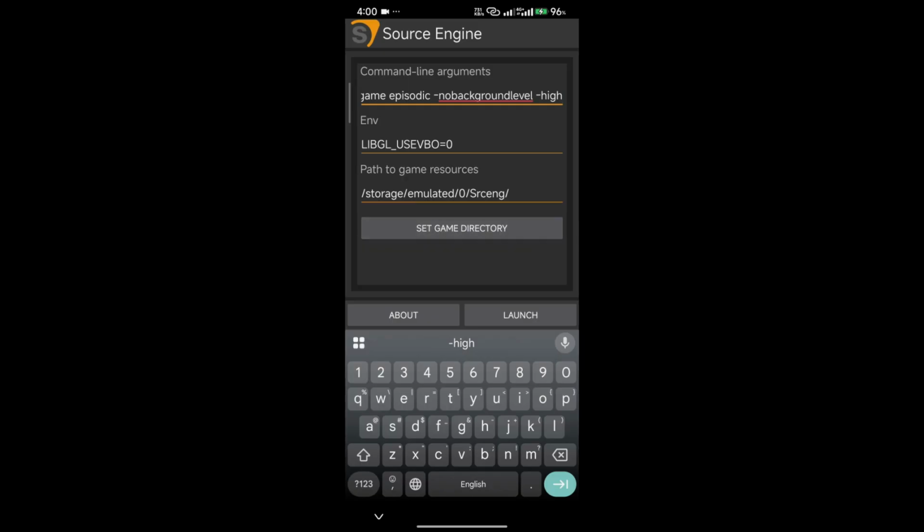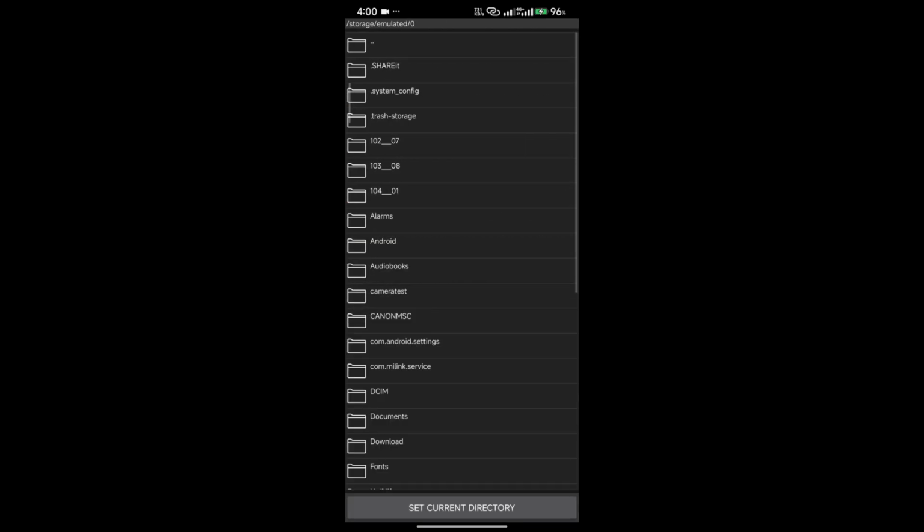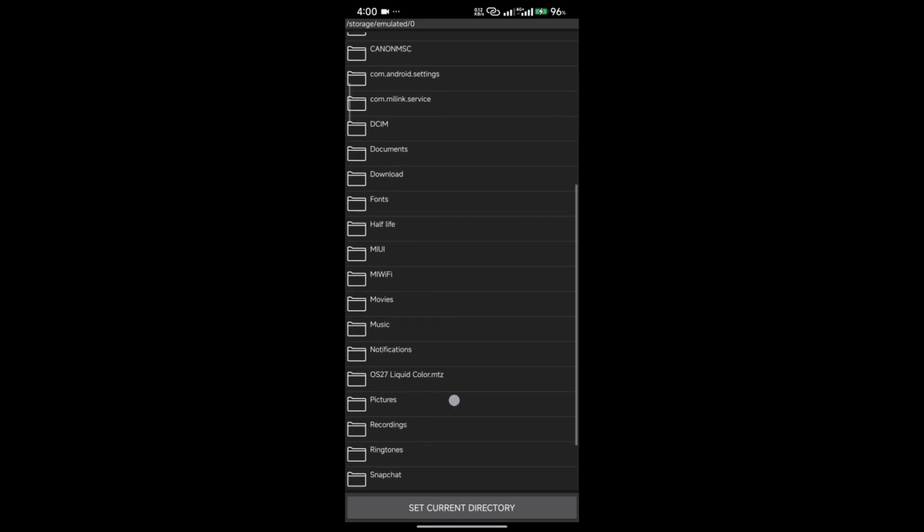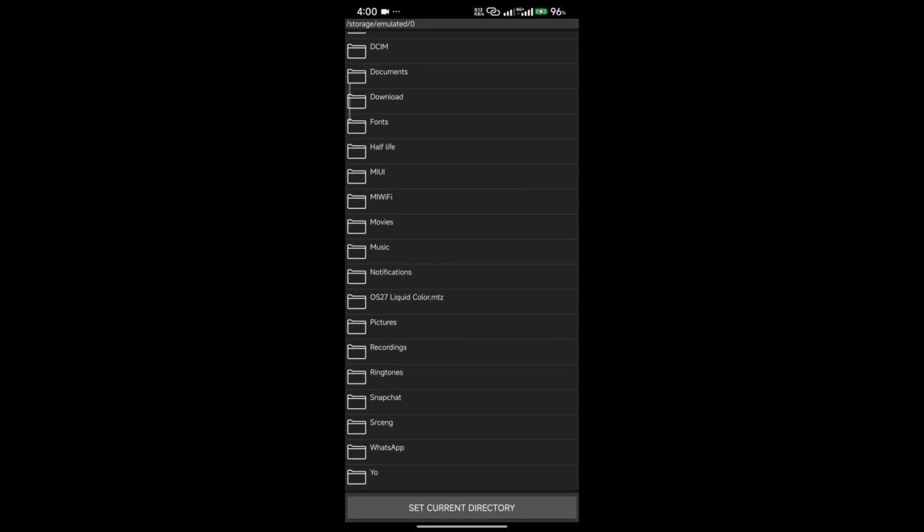System directory, select this folder, SRCENG,